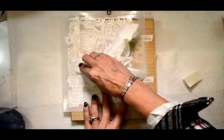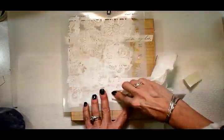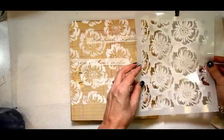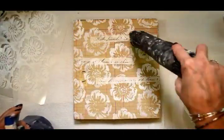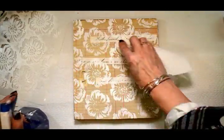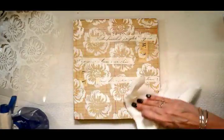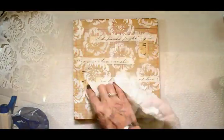I'm using titanium white, just acrylic paint, a medium body paint, and I'm putting that down, and then coming back and wiping it off. I want it to be soft, and it was really bright. So once I put it all down, I dried it a little bit and then sprayed it with some water and pulled that back so that it was a little bit softer. I couldn't pull it back quite as much as I wanted to, which actually ended up working out to the benefit, because